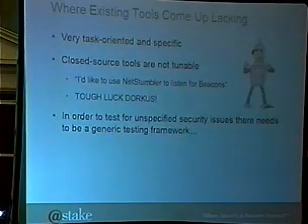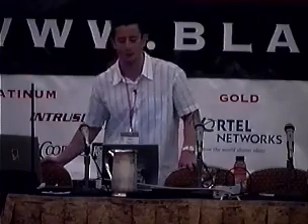These tools, most of them are very task-oriented and specific in what they do. Closed source tools, obviously, they're not tunable. You couldn't take NetStumbler, which is closed source, and change it to say, well, okay, it sends out broadcast probe requests to get the probe responses back and uses that to enumerate access points or clients that are in peer mode. What if I want to make it listen for beacons? Well, you can't do that. So that's what tough luck means.